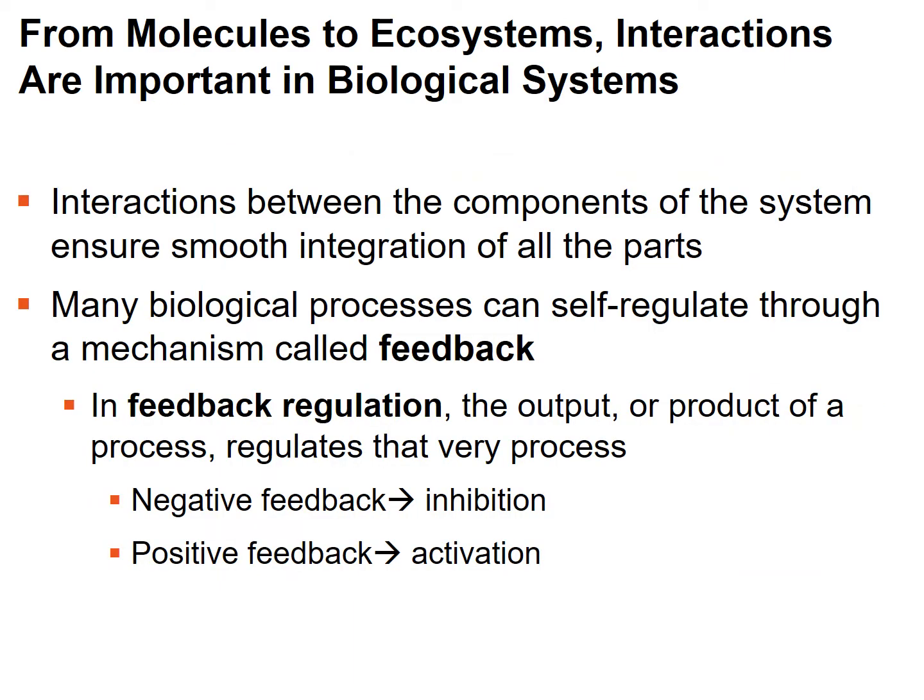Now, in terms of the interaction between the components of a system, remember we talked about that bicycle. And of course, this applies to living things like a cell. The parts all must be present. And the interaction between these components allows the organism to control the events that occur inside, let's say, the cell. So the cell can self-regulate through a process called feedback. It's called feedback regulation. So it's the ability to control processes